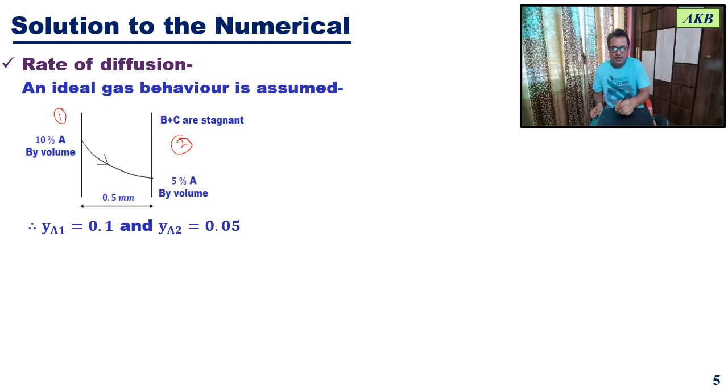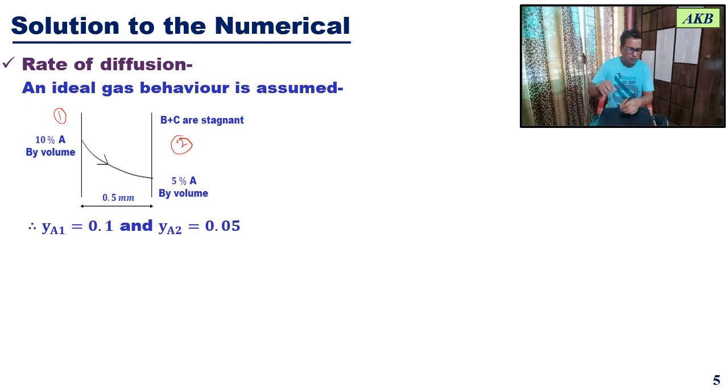So accordingly, we have YA1 is equal to 0.1. With similar explanation on the low concentration plane side, concentration is 5% by volume. This is 5% by mole, as we have assumed ideal gas behavior. And when you divide it with 100, that will give us mole fraction. So mole fraction of A on the other side is Ya2, and that is given to us. It is 5 divided by 100, that is 0.05. Okay. So this is how